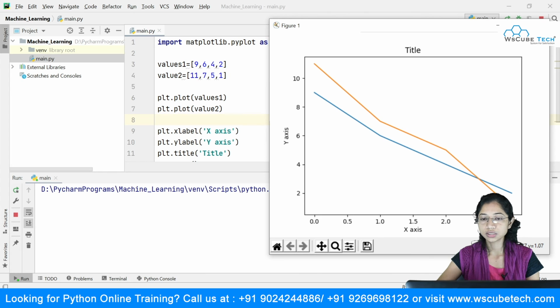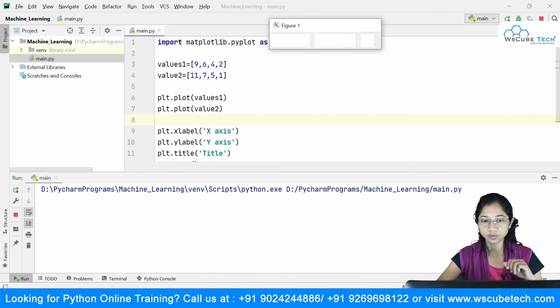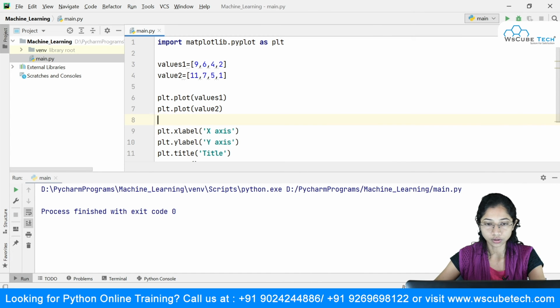Okay, so this is how you can plot multiple lines over here. And if this is not visible to you, you can put the marker over here. So instead of your plot, you just say let your marker be, we'll take the first one as this one, and let's take this marker as asterisk. All right, and let's change the color as well.